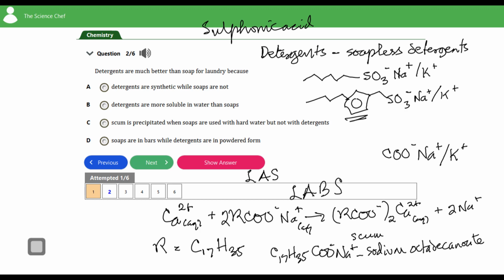Now when it comes to detergent, the sulfonic head or sulfonate head of the detergent is very soluble in hard water, right? So because the calcium sulfonate that will be formed is soluble, it will not form a precipitate with hard water, which means that it will be very easy for the detergent to foam with the hard water when compared to soap. So that's the major advantage of detergents over soap in laundry. So the answer here is